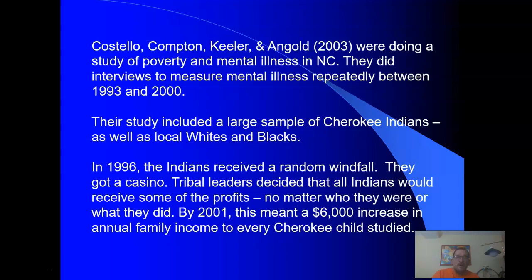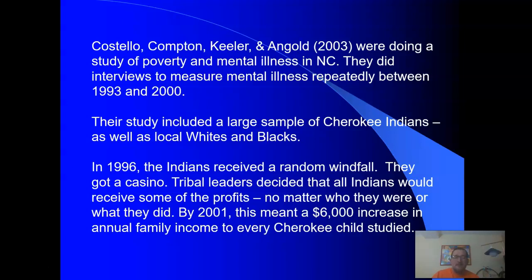And by 2001, it went up bit by bit. By 2001, that meant an extra $500 a month. That's $6,000 a year, an additional $500 a month increase in monthly income, $6,000 in annual income to every Cherokee